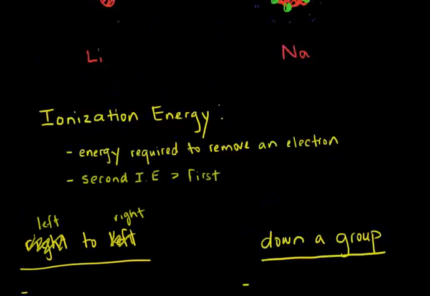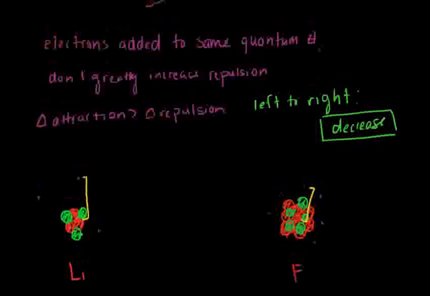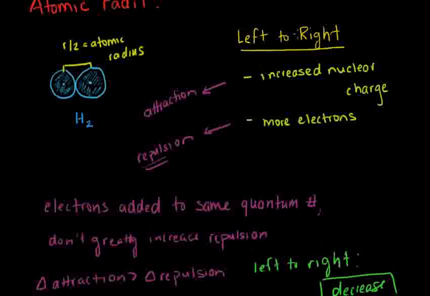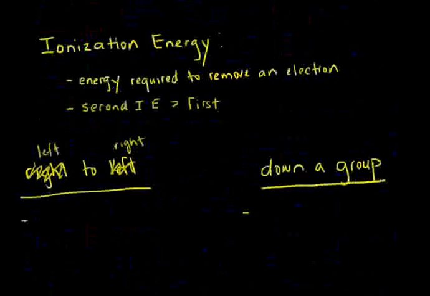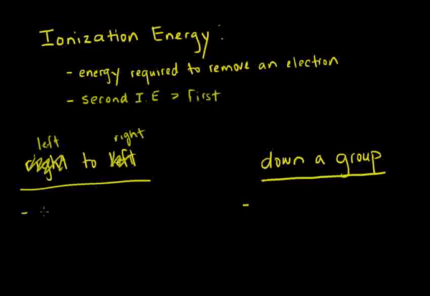Well, for pretty much the same reason as we described up here in terms of atomic radius, moving left to right, we've got increased nuclear charge, more electrons, but the attraction wins out. We said that there's greater attraction to electrons as we move from left to right. So attraction to electrons increases as we move left to right across a period. Since atoms on the right-hand side of the periodic table generally attract electrons with more energy, with more force than